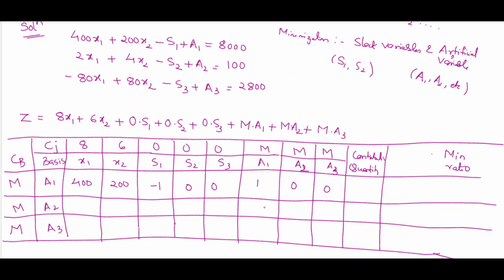Actually these are unit matrix. We can directly write down like this: unit matrix or identity matrix, 0, 0, 1. This set is a unit matrix, and again this set is also a unit matrix, because we are inputting one variable, maybe it is a slack or artificial variable, at a time in one equation. So it will be obviously 0, -1, 0, 0, 0, -1. At these two, it is 2 and 4. This is 2, this is 4.